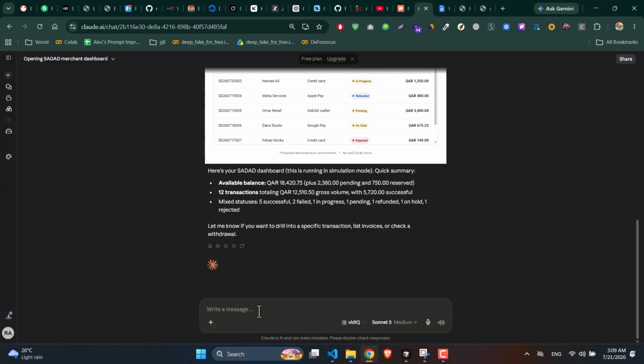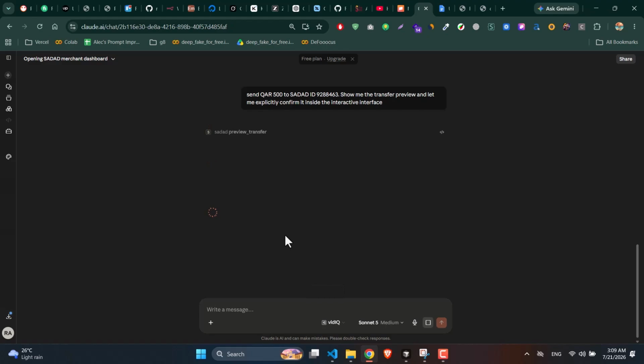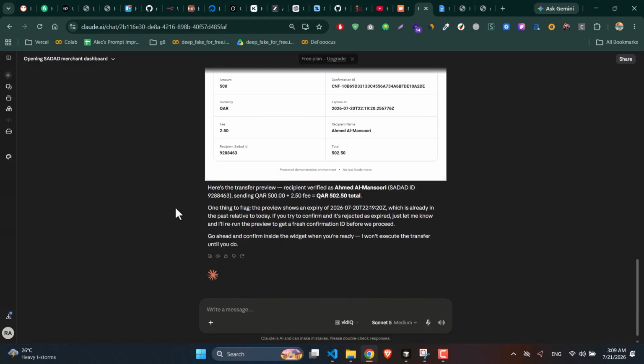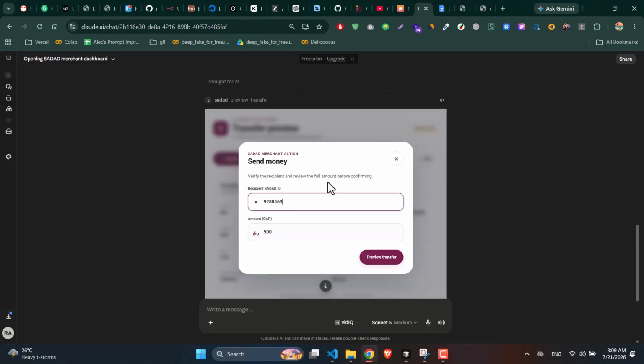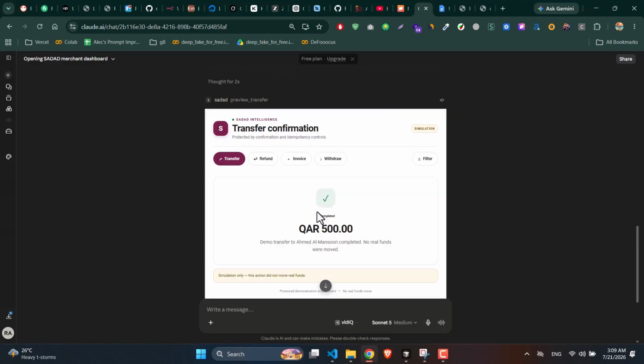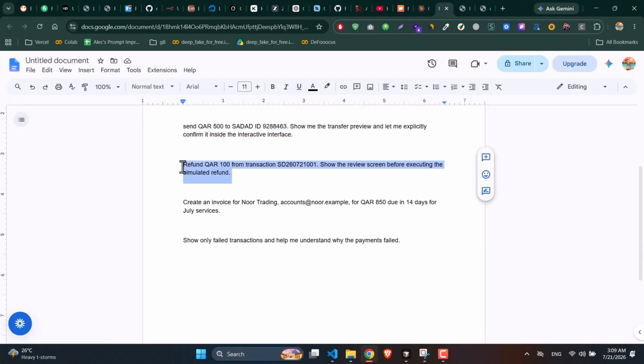Performing sensitive tasks is completely secure through a built-in preview and approval flow. Let's send 500 Qatari Riyals to a Sedade ID. The AI triggers a transfer preview card, letting us double-check the recipient, fees, and total before clicking to confirm the